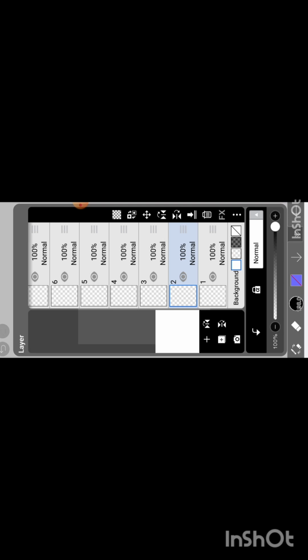Using this option, you can name your layers very easily. For example, you click on that and write outline in the layer in which you have drawn the outline. And then in the next layer, in which you have drawn the basic sketch, write sketch. It can help you remember and organize your work.